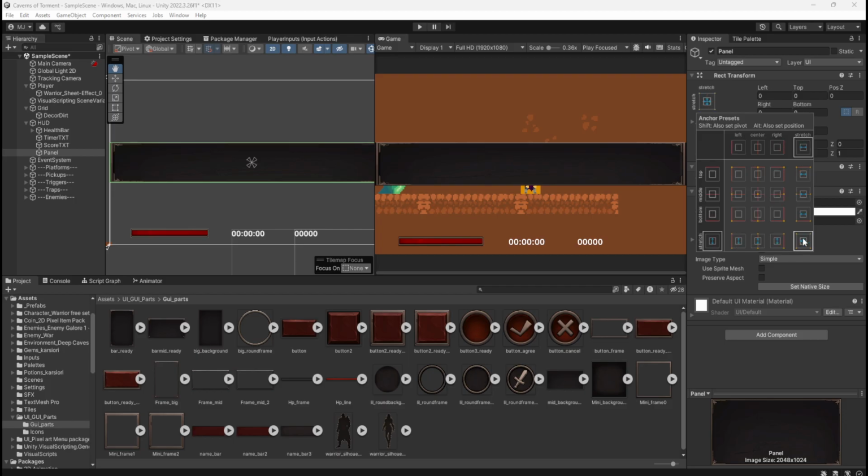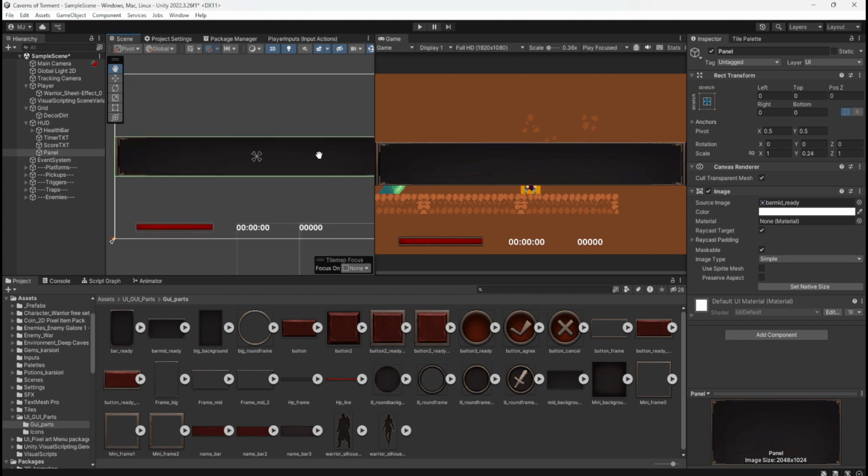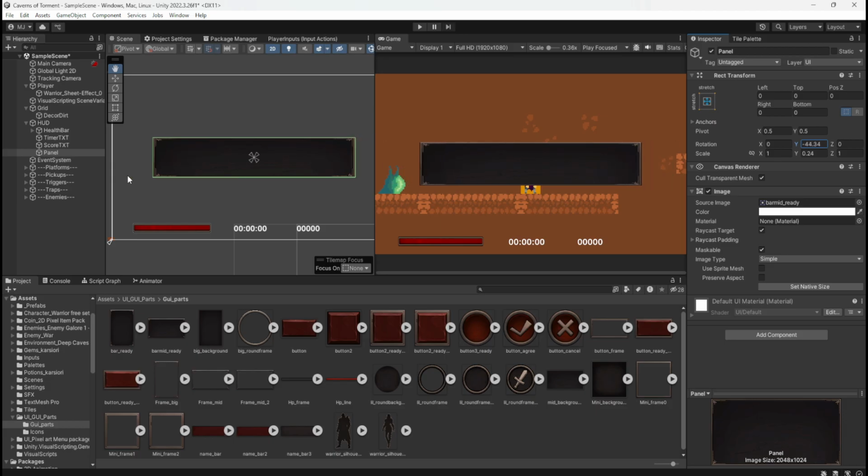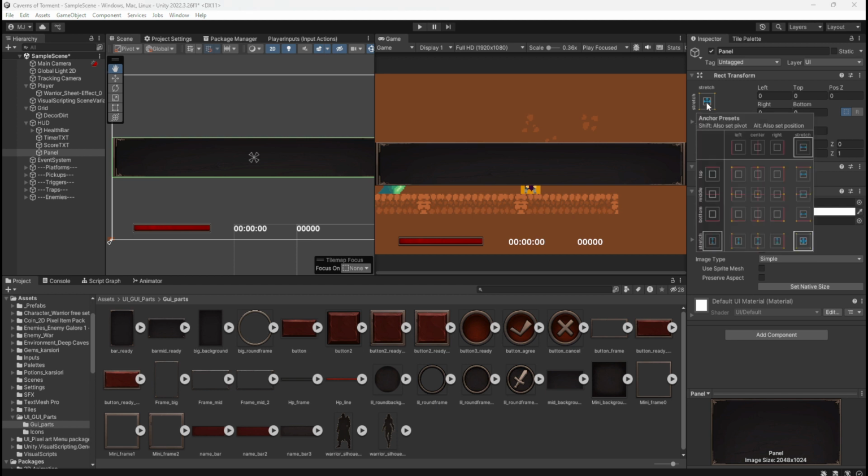Okay. Position. Oh, that's doing the rotation. Numpty. Pivot. I think that's because I've done this.